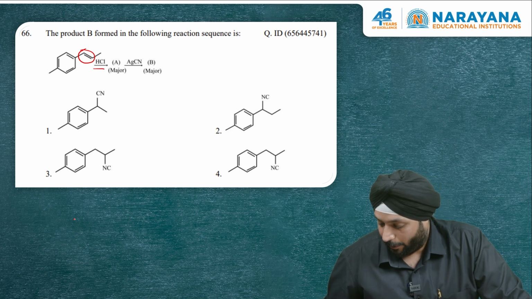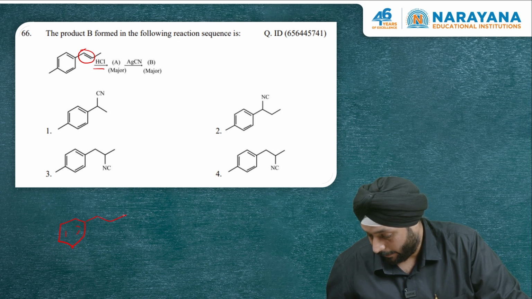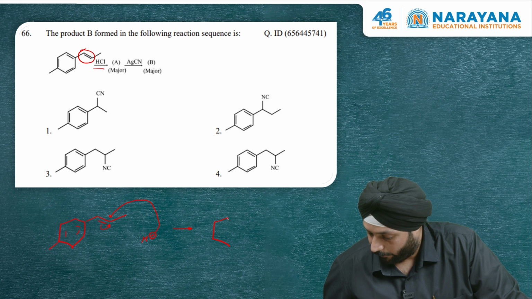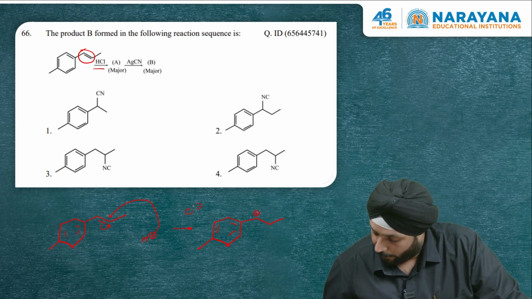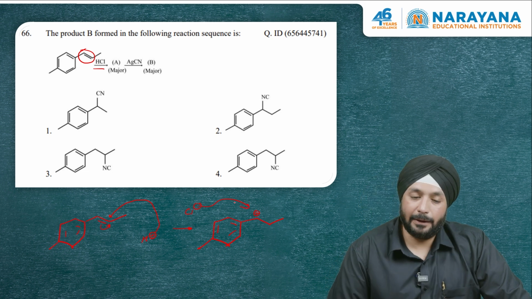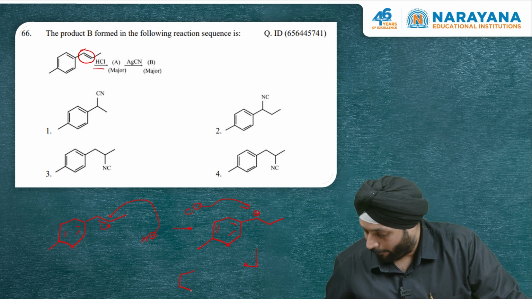So we know that whenever you have a benzene ring and a pi bond, you are adding HCl. First, H plus attacks this pi bond, the bond shifts over here, and this results in the formation of this carbocation. In this carbocation, the nucleophile will undergo a nucleophilic addition reaction. After nucleophilic addition, it results in the formation of a compound,